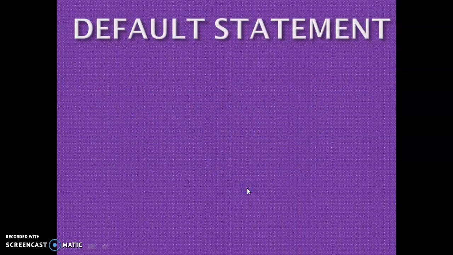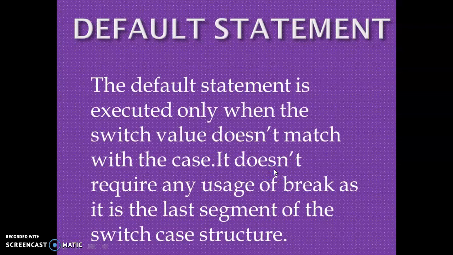Then the default statement. At last you have to write down the default statement. Suppose you are asking for any number from 1 to 4, but someone gives you 5. Then what happens? That is the use of the default statement. You have to show one message, like wrong input.